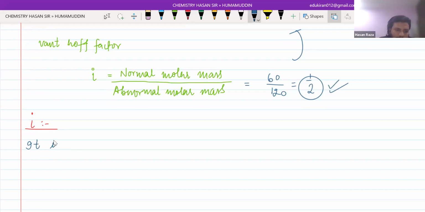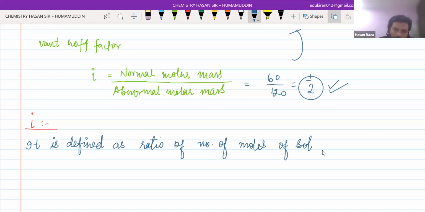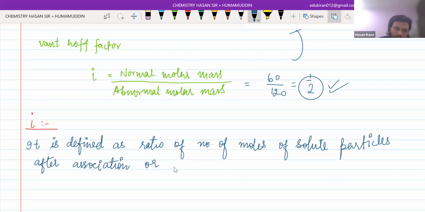It is defined as the ratio of number of moles of solute particles after association or dissociation,